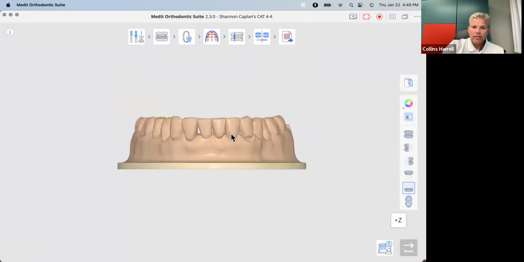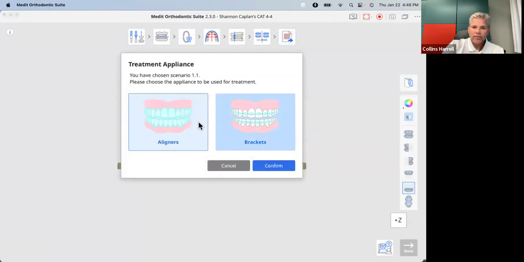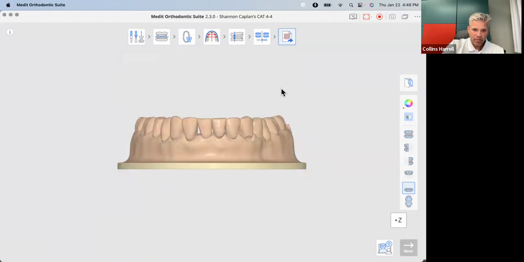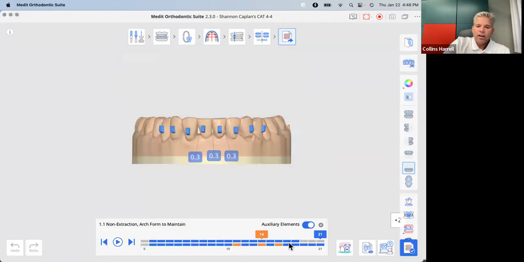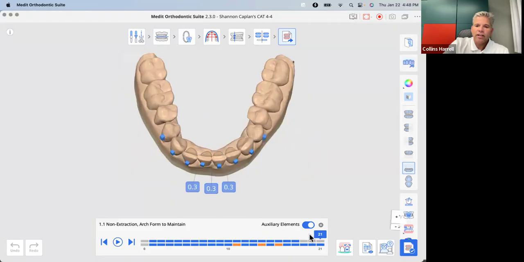Let me recalculate it. You guys don't have to do this. This is just me that has to do this right now with my current version. So here I've got IPR. Look where it put the IPR. Usually it's later in the case because it's programmed to not put the IPR until the